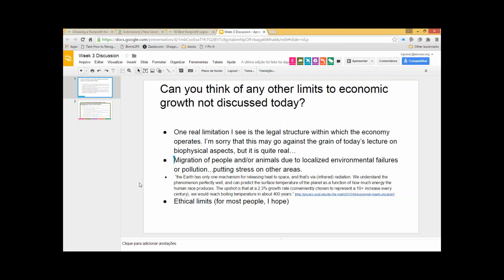So some other ones. Looking at the first slide again, somebody mentioned ethical limits as a limitation on economic growth, and that's absolutely true. Even in a very libertarian version of a free market, where anybody can buy and sell whatever they want, and anybody is free to engage in any economic activity that they want, the reality is that even in a market that most economists would describe as a free market, there are limits on what economic transactions people undertake. Most people, even in a totally unregulated market, don't go out and kill their competitors, right?